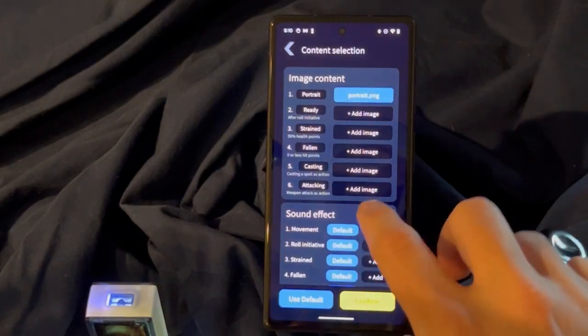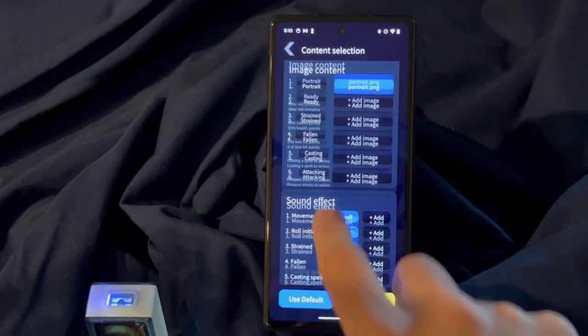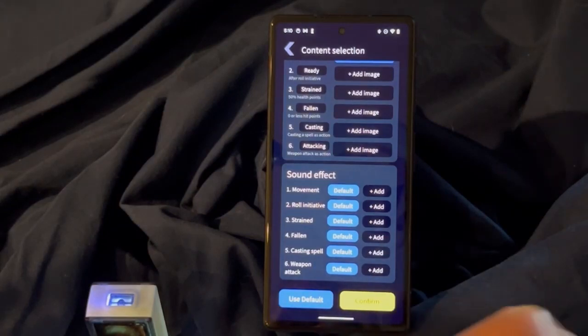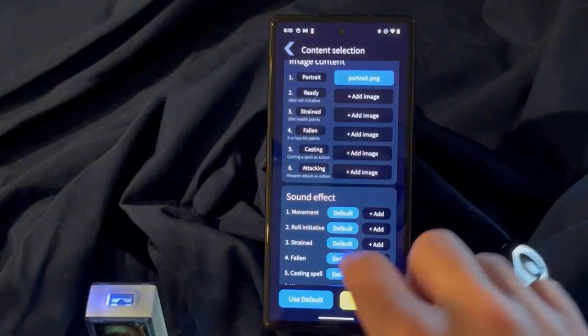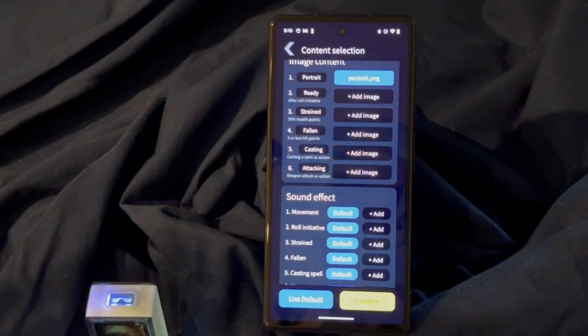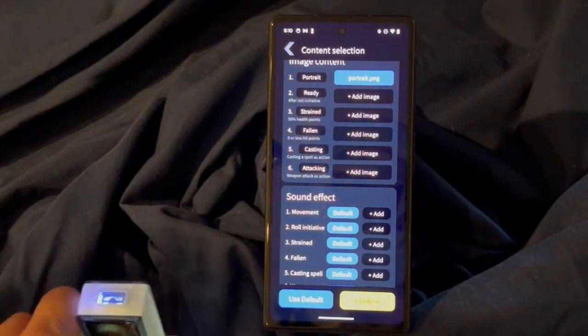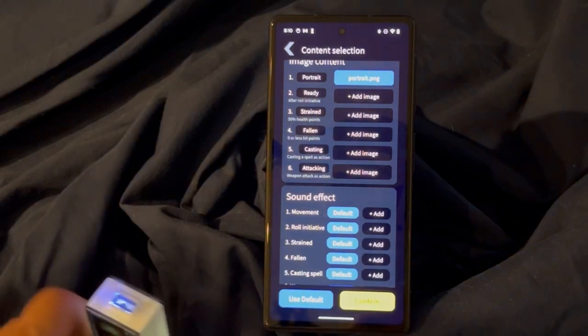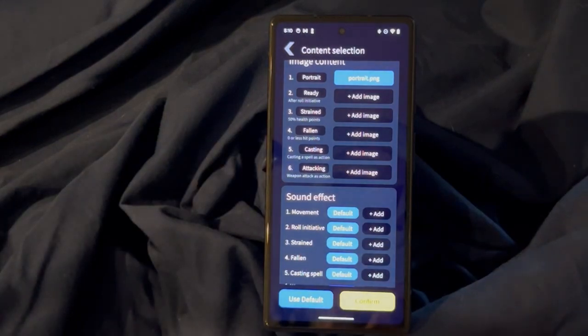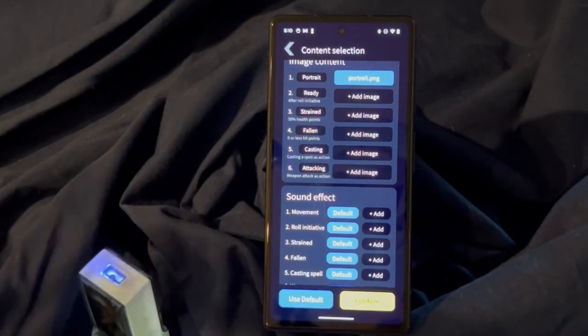And then down here, you'll see that you can pair a sound effect. So these pair 1-to-1. One of the things that's nice about the app, and you'll see this in the updated UI, is this first item here, the movement. You can assign an audio file, so that when you pick up the device and you move it, it'll play the sound of feet running or whatever you want, the whoosh of your character flying around, the beating of wings, things like that. So I'm actually